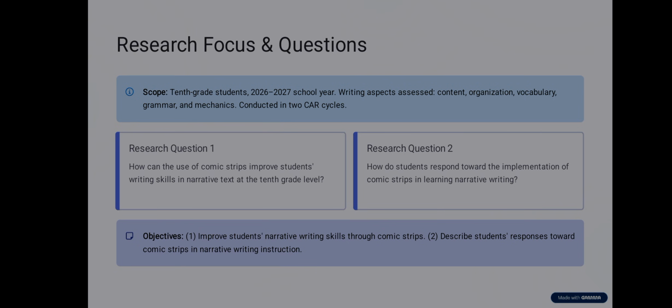In line with these questions, the objectives of this study are, first, to improve students' narrative text writing skill through the use of comic strips, and second, to describe students' responses toward the implementation of comic strips in narrative writing instruction.